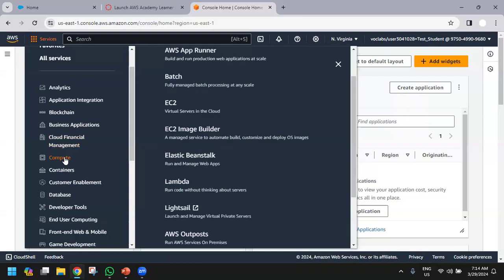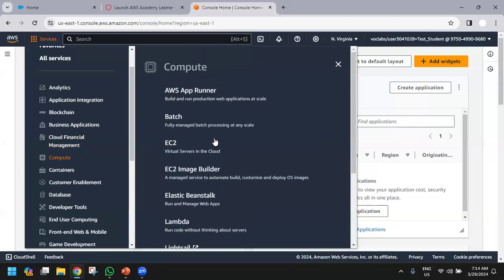Then there is compute. This is one thing which comes very first, which is called processing power. So we have different processing power. The very famous one is EC2, that is called Elastic Compute Cloud. In the subheading, you can read it is a virtual server in the cloud. Like I talked about hardware virtualization. Do you recall? Same thing is this EC2. So if I want to use hardware as a service, sorry, infrastructure as a service, we have to use this EC2.